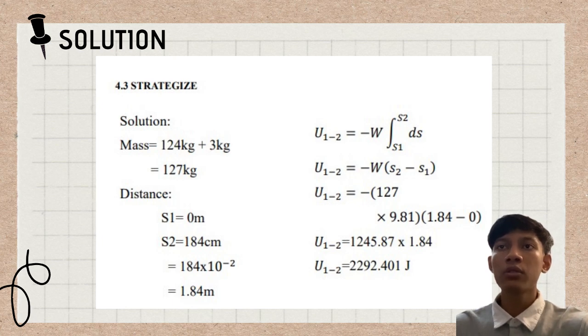U1-2 equal to negative W times s2 minus s1. U1-2 equal to negative 127 times 9.81 times 1.84 minus 0. U1-2 equal to 1245.87 times 1.84. The value that we got is